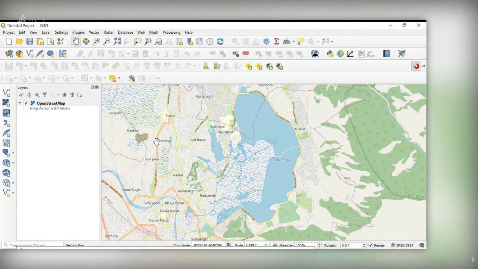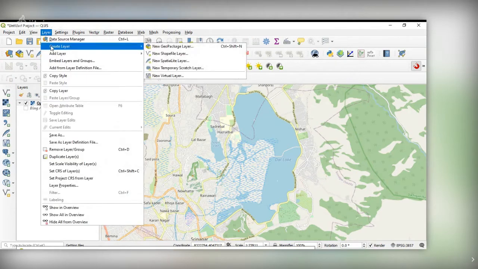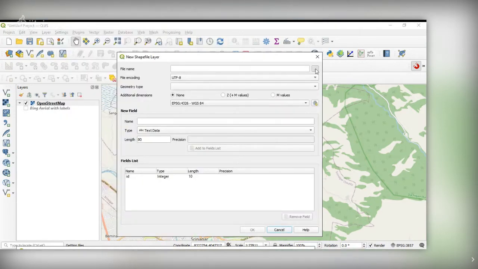I'll show you, and it's the same process if you have your own maps. So first, what we need to do is create a new layer, a new shapefile. You give the shapefile name.